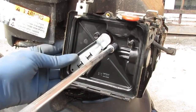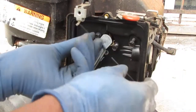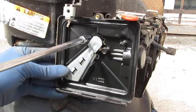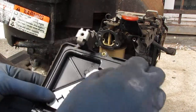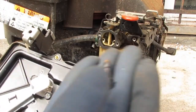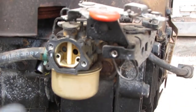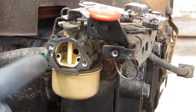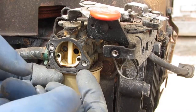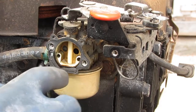Okay. So that should all come out. Clear on. Okay, so that's that. These are 3 5/16ths, like that. Okay. See right here where the gasket is. This gasket is not too bad. Well, it's not gonna come off without me having to replace it. So either way, see, there's a lot of...